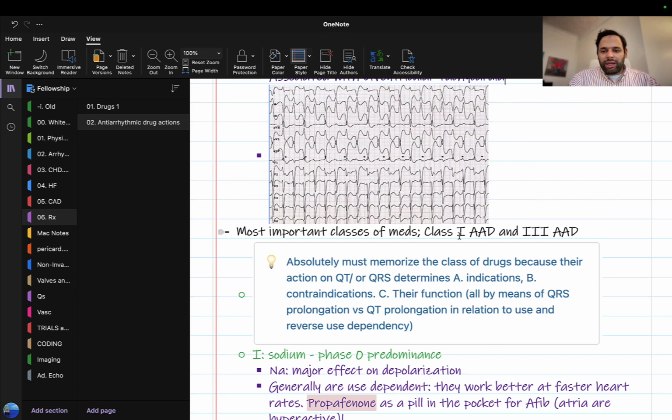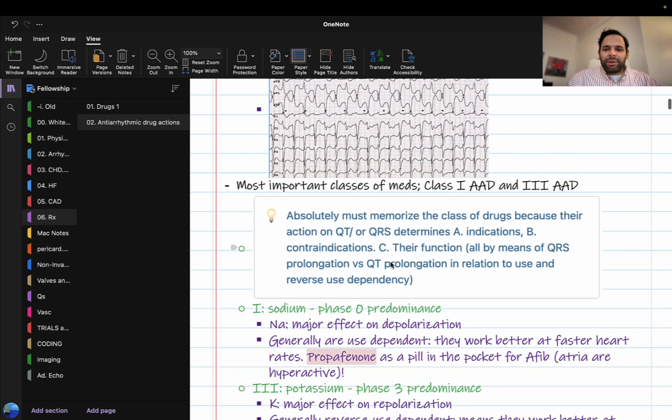There's class 1 antiarrhythmic drugs, and there's class 3. Those are the ones that are actually important and are truly antiarrhythmic, because beta blockers, calcium channel blockers, and glycosides are not really considered and don't exhibit the same effects on the cardiac action potential. They do slow down and they have effects on inotropy, so not just chronotropy. But the true antiarrhythmic medications are class 1 and class 3. So we'll focus on those.